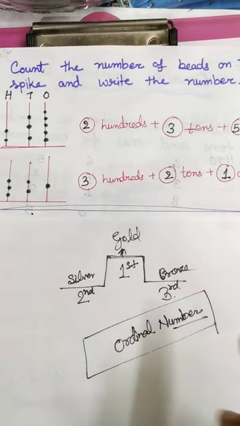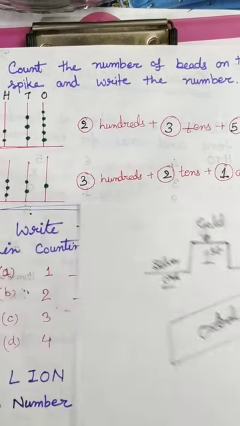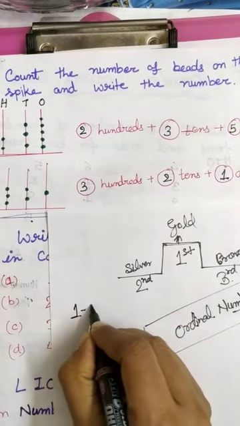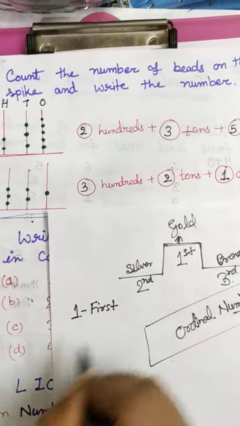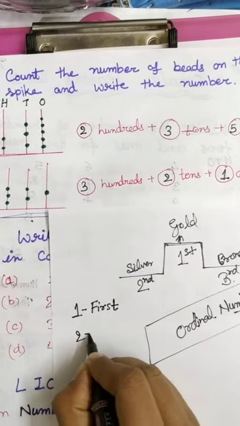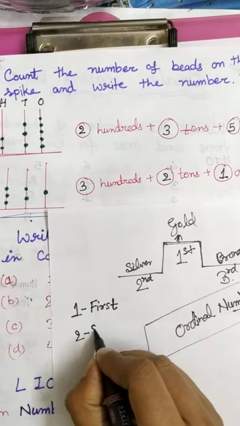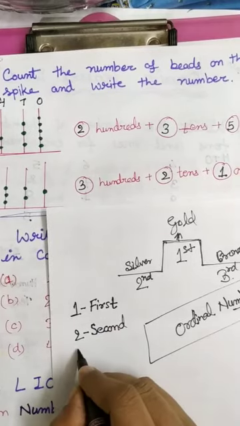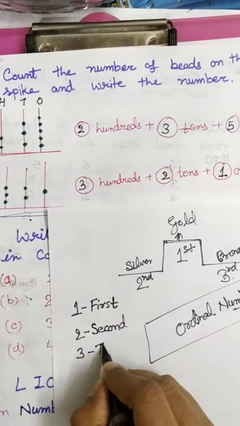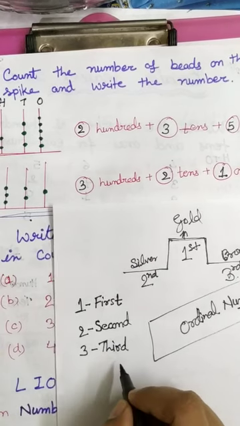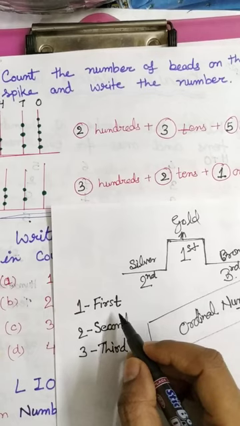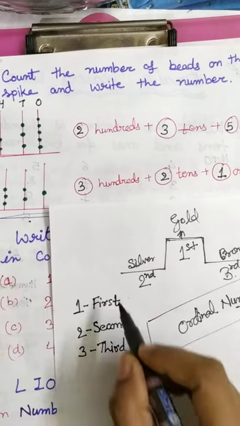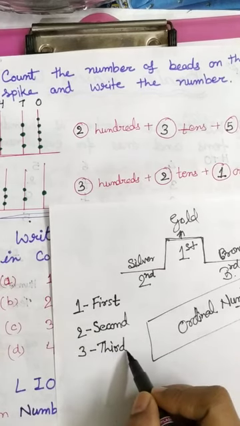Okay, we write it in other format. As we all know, children, 1 we write as FIRST, 2 we write as SECOND, 3 we write as THIRD. We don't write 3. Do we call them, he has got what? 1 position, 2 position, 3 position? No, we say first position, second position, third position.